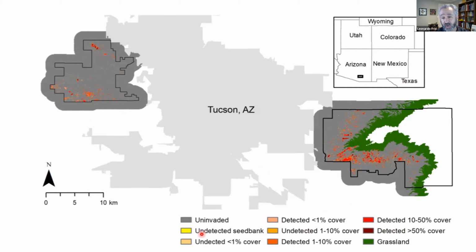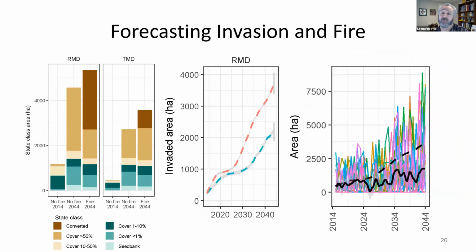And then the colors represent our initial classification of the landscape for where Buffelgrass is detected or where we anticipate it is likely to be based on the habitat suitability model. So this is then the starting point for our simulations. And so some of the results of those simulations, on the left, we're showing the amount of area in those